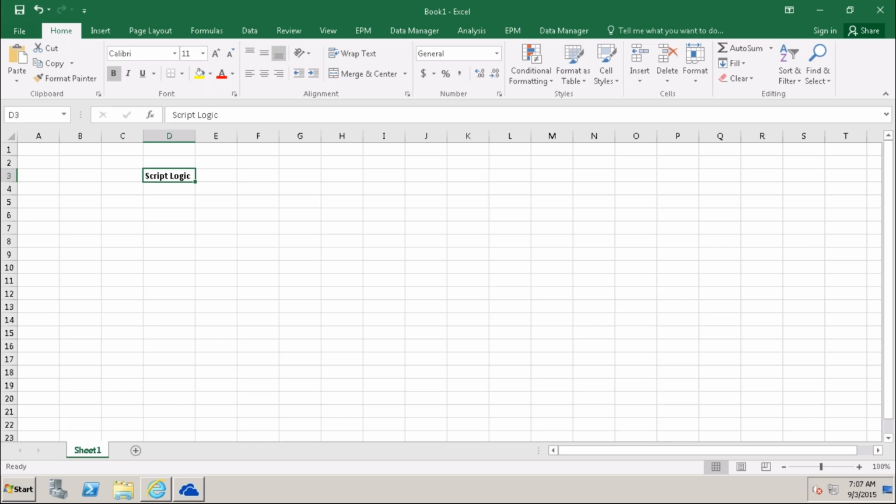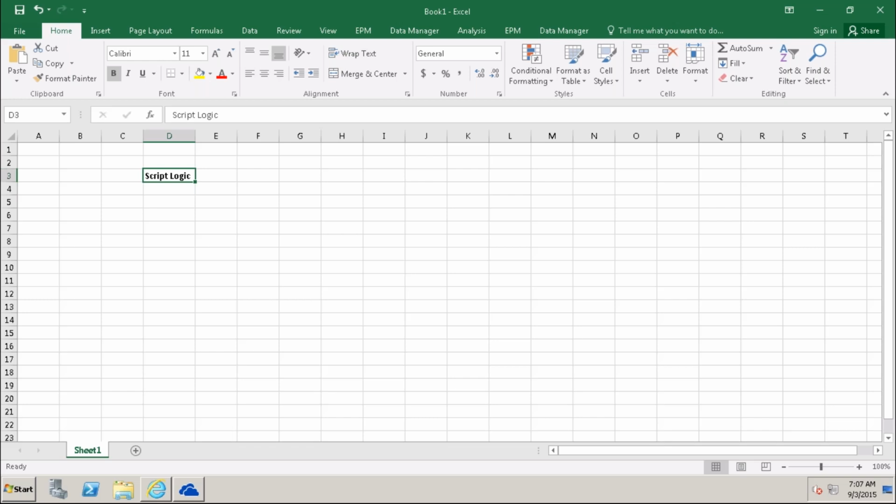Some calculations means, for example, the requirement is always for the months. We are getting actuals from the source.